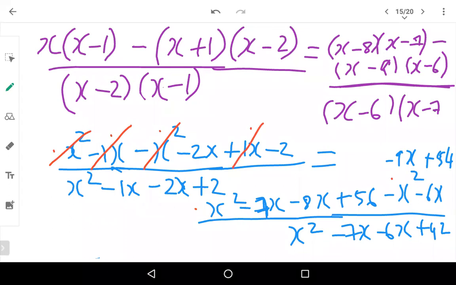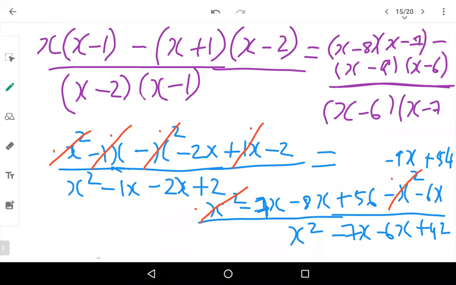Okay. Now, did you understand firstly for the LHS side? Plus x square minus x square is cancelled. And then minus 1x plus 1x is cancelled. Everybody is clear until that? Okay. Now, on to the RHS. Again, I have plus x square minus x square, which I can cancel. Only so much I can cancel as of now. Now, whatever is left out with that, let us do the simplification.